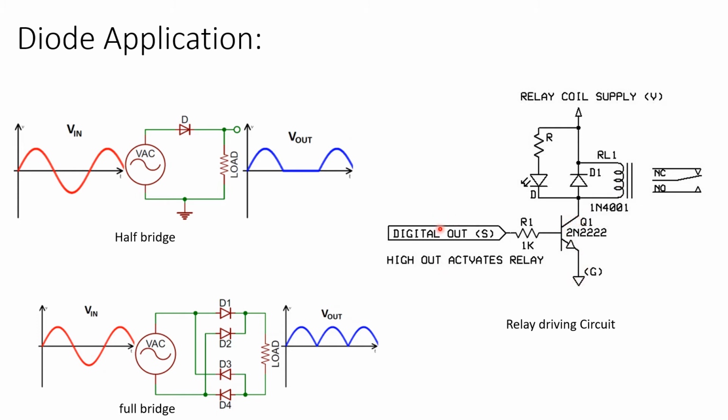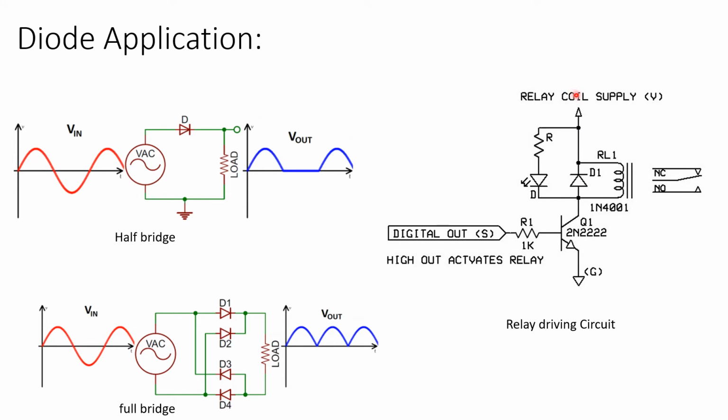But what happens? Suddenly you switch it off. Once you switch off here, a current direction is already built in this direction, but you stopped it suddenly. Then some energy is stored because this is an inductor. Once this energy is stored, there is no path to dissipate it, so it will always remain stored. And the next time you give the pulse, it will start a spike. It may damage your transistor or other connected sources. So how do we resolve this issue? We must connect a diode in parallel.